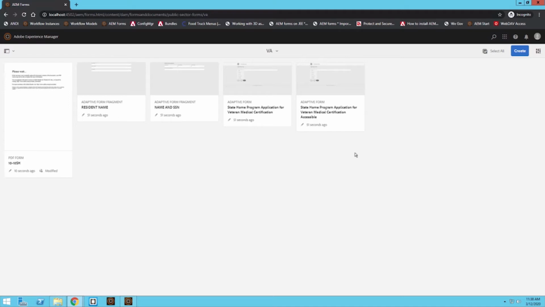Today we're going to be taking a look at how to update an entire folder of various adaptive forms, PDF forms, and form fragments. So this is a very simple process. It may come in handy if you have multiple author instances of AEM forms and you want to keep everything consistent. So a way to do this is, let's say you've been working in this particular form for quite a